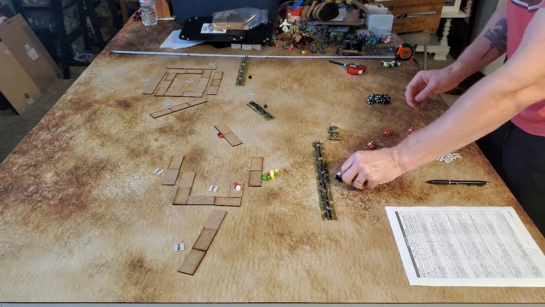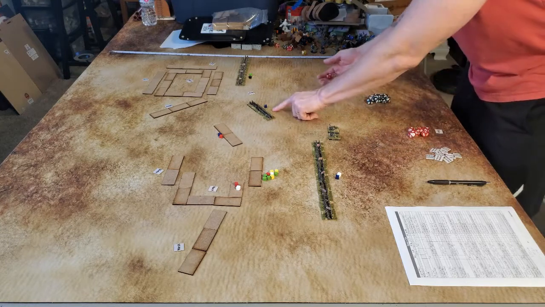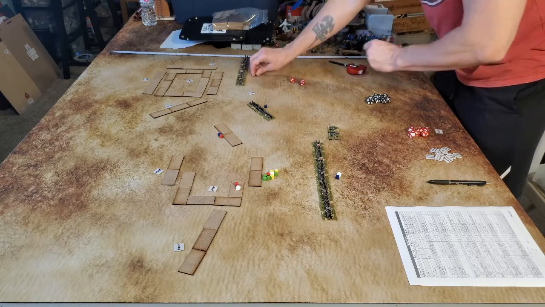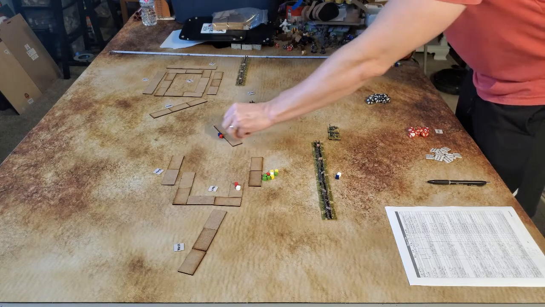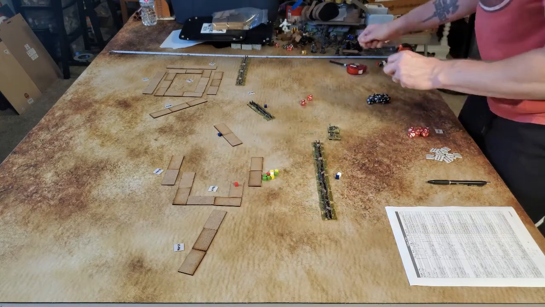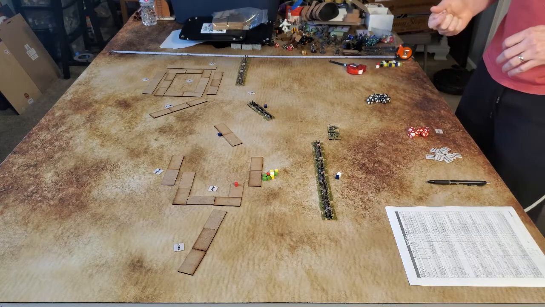We'll do them. Got rid of 1. Roll for them. Did not get rid of theirs. I rolled 2 1s. 2 9s. Okay, there are both of theirs. Got rid of one. And again, these guys, we're going to roll because